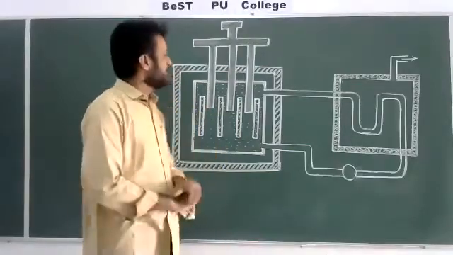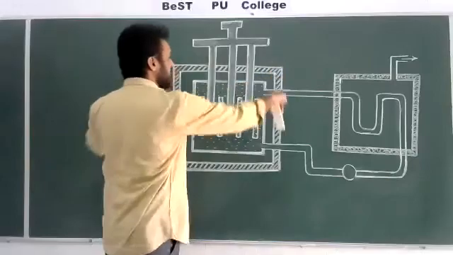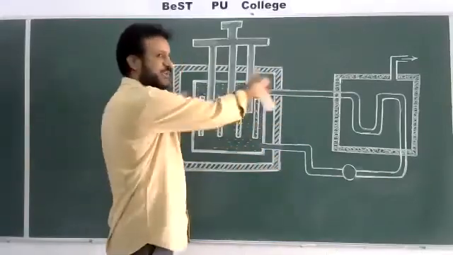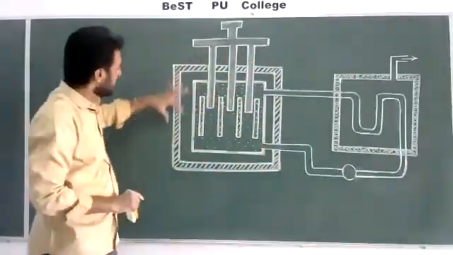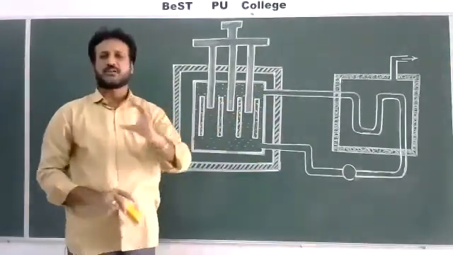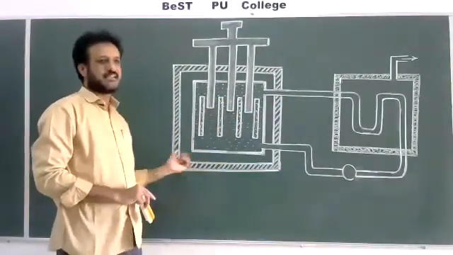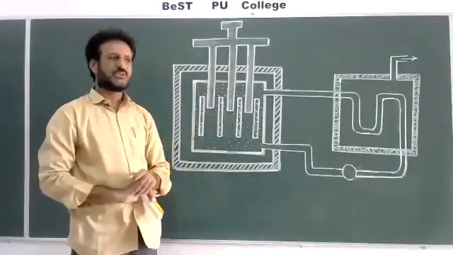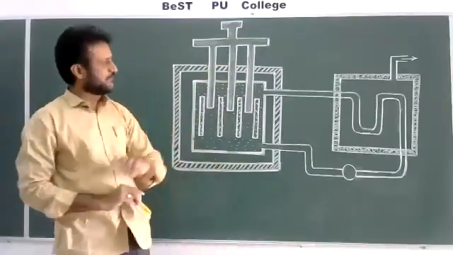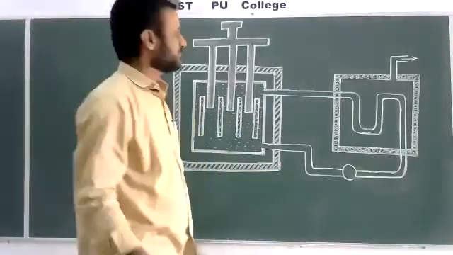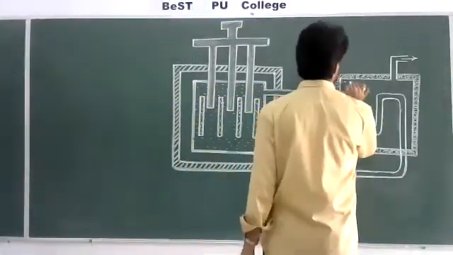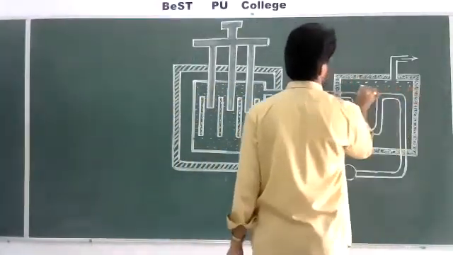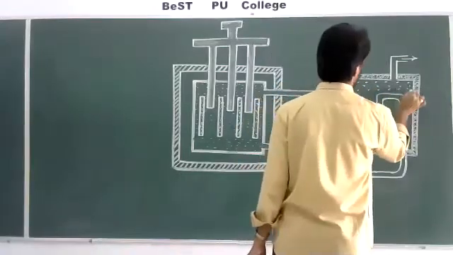That's why we should construct the surroundings of the core of the reactor with thick concrete walls or maybe lead blocks. They are called protective shielding, so that the radiations may not enter into the outer atmosphere. That is also one more part of the reactor. Last one, protective shield.